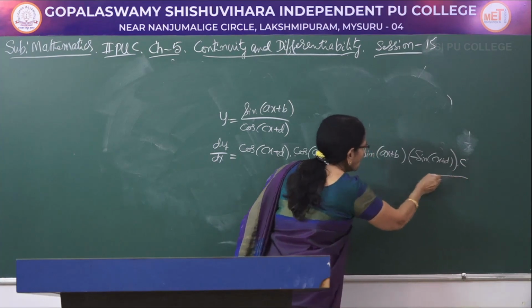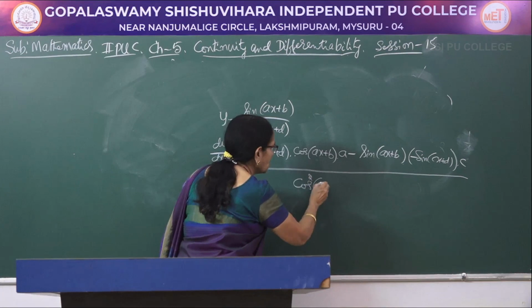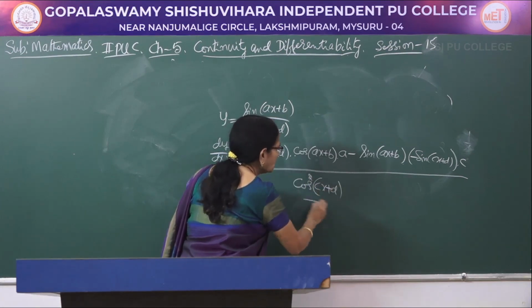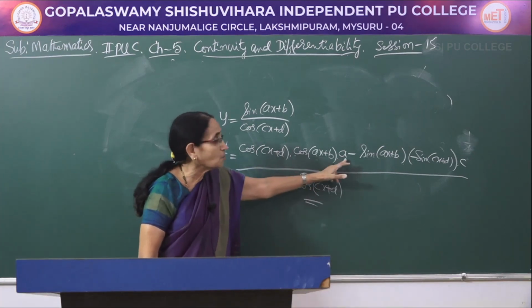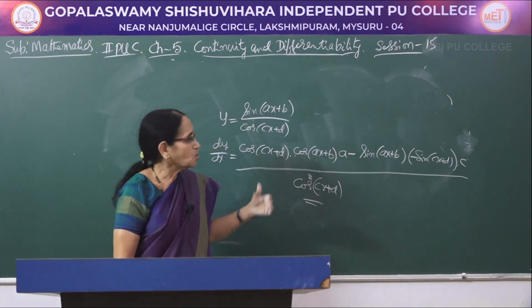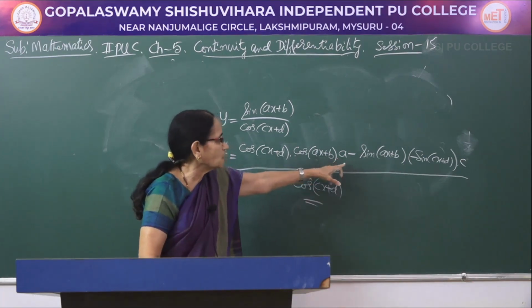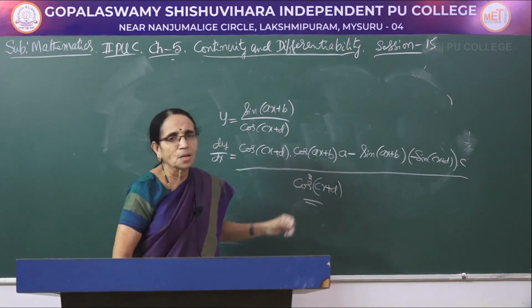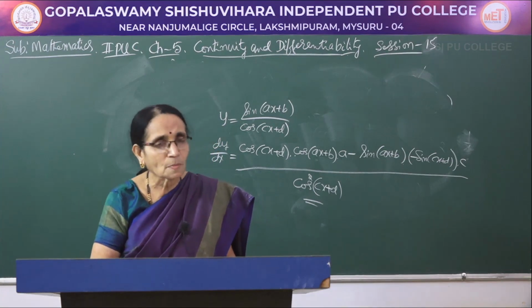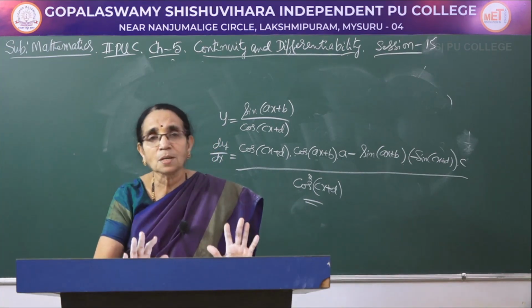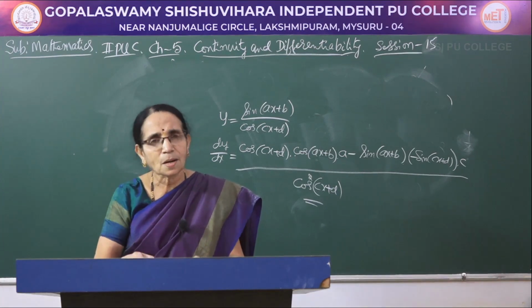For cx plus d, it is c. Whole thing divided by square of the denominator, cos square of cx plus d. Here also you can't do any simplification because we are having different coefficients here. So, you can't apply any compound angle formula also. Just write the answer. That minus of minus plus, you can write a here, c there. That gives you the result. So, it may be a product rule or quotient rule or whatever it may be, basically chain rule will be applied because it is a composite function we are considering.